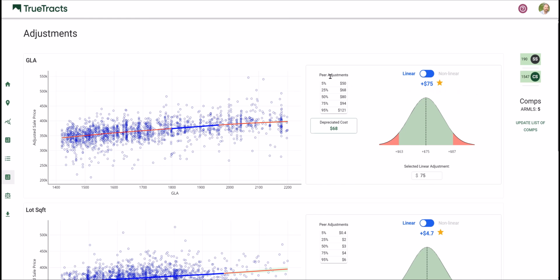You can also look at the peer adjustments, and you can see the 5th percentile all the way to the 95th percentile, with the median appraiser chosen adjustment in Synapse being $80. Again, remember, this is a similar property in the same market. This is what an appraiser chose for that adjustment. And then we have